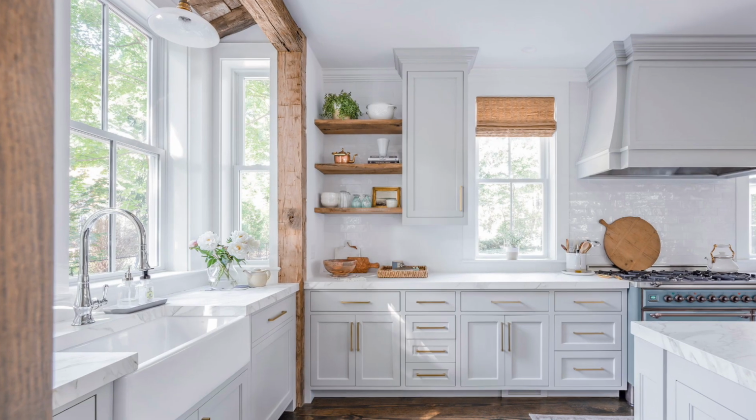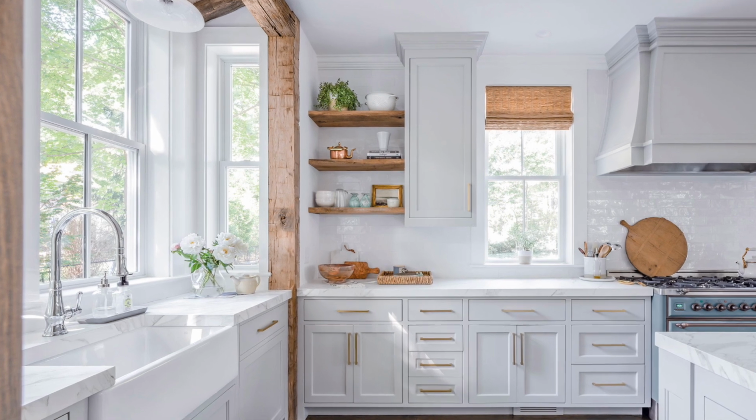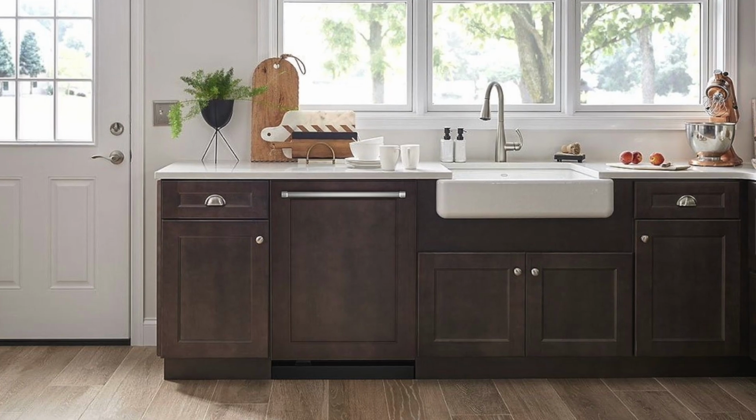I love farmhouse sinks. Now, that doesn't mean I love farmhouse kitchen design, though I do. I actually do like farmhouse. I have no issue with farmhouse, like modern farmhouse. I'm drawn to it. For whatever reason, it's something that I like. But I don't think you need to be pigeonholed into a particular style in order to have a farmhouse or